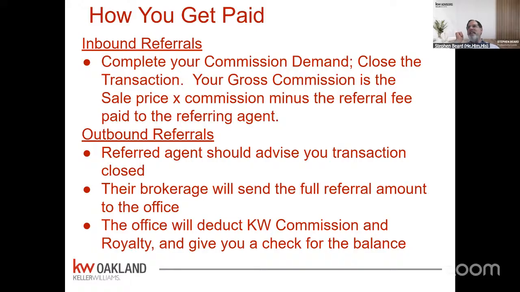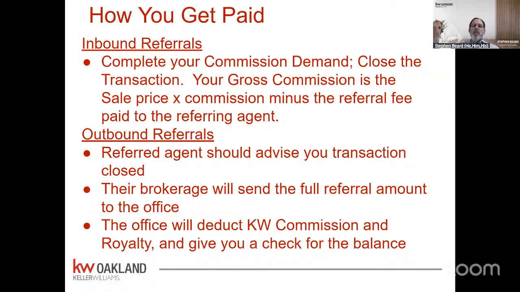So, last week you told me they were writing an offer. What happened? Oh, we got into contract. Great. When's it supposed to close? I'll put a tickler in my file to check in with you. So then at other times it closes early and you don't know, right? Their brokerage is legally obligated by your referral agreement to send the referral amount to the office. So let's suppose the total referral amount is $10,000.